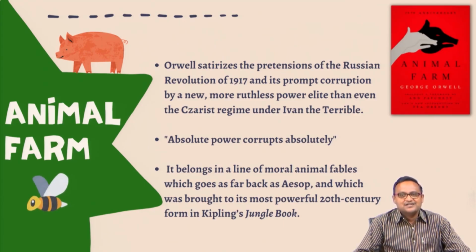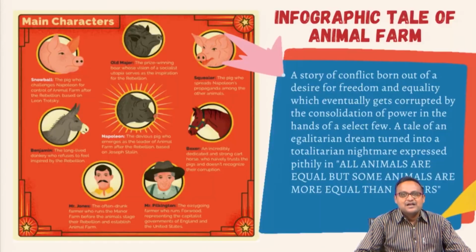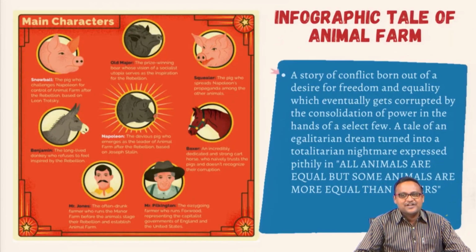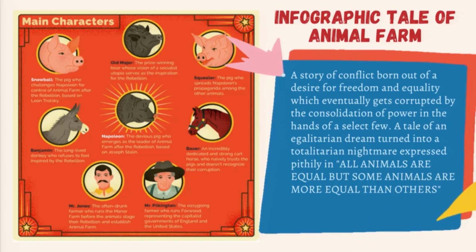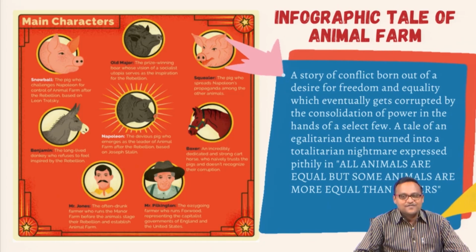So, using the fable, the story of animals on a particular farm in England, he categorically denounces all authoritarian regimes, all dictatorship, and all these things. So, this is in general Animal Farm. Of course, we have already discussed its critical reception. During its time, it was not very well received. It was only in the later part of the 20th century that it came to be called a great work. Now, if I can tell you the entire story of this whole novel using pictures, it is something like this.